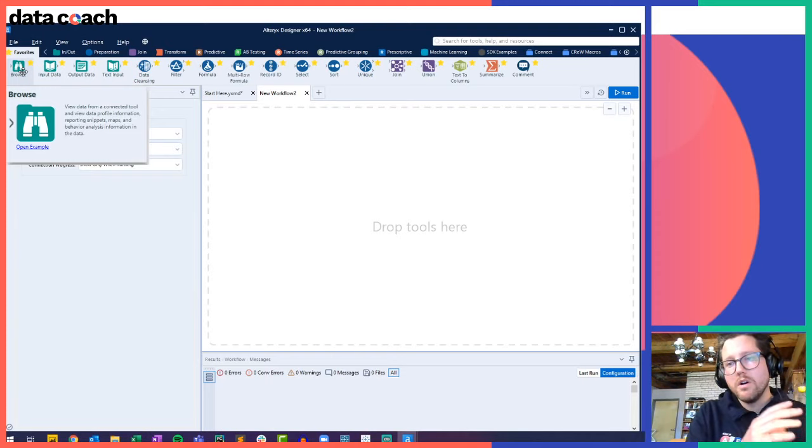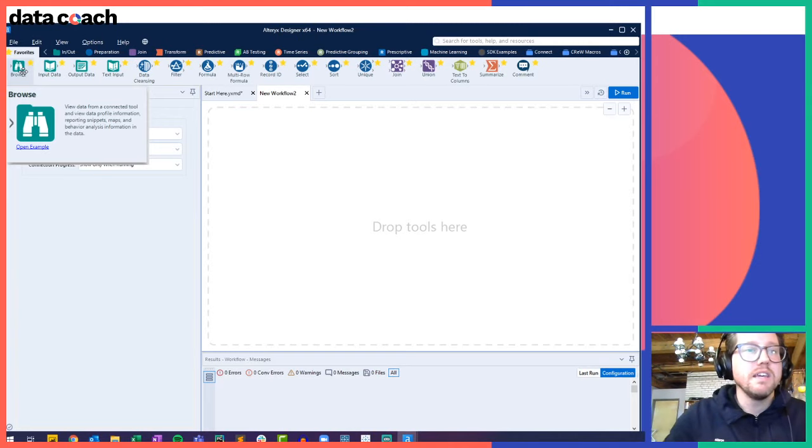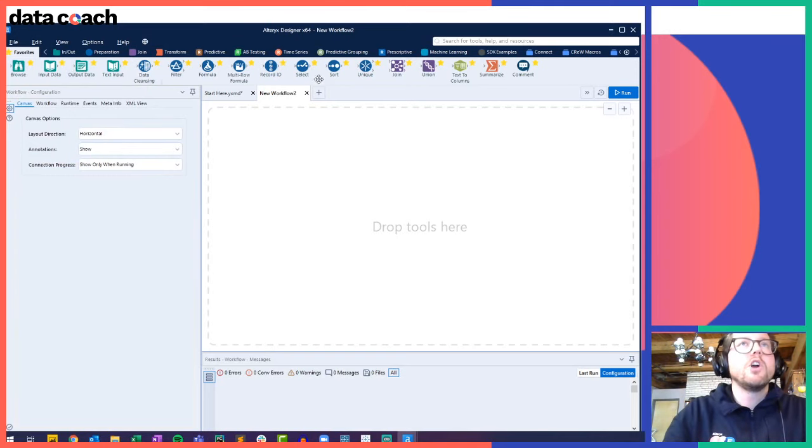The number one tool on your favorites bar is going to be that browse tool. Okay, I think that might be the number one tool in Alteryx. And why is that? Because the browse tool is on almost every workflow that you create or that you inherit, because it's a good way to browse what's going on with that data, hence the binoculars there. We'll get into a lot of the tools here, but for now, let's just go to